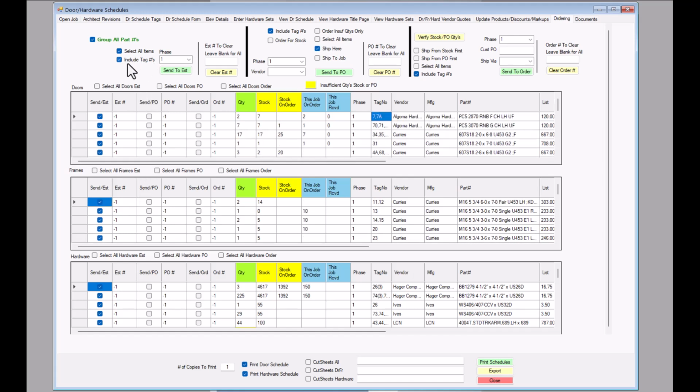And we also have this box here to include tag numbers. So all the tag numbers will be included when it's sent over to the estimate. If you don't worry about the tag numbers, you don't care, just uncheck that box and it won't include them. It'll put the tag numbers under the product note of each line item. So once we're ready,